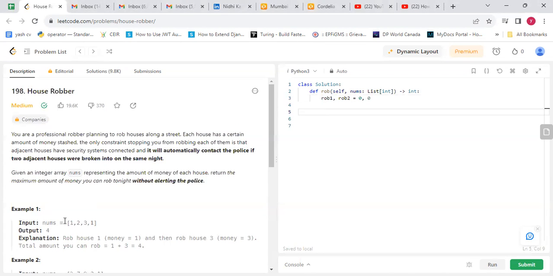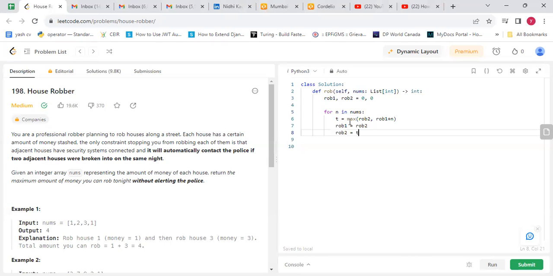Now what we can do, we can iterate over the nums array, and we can see at position 1 what is the maximum amount we can rob. So it will be the maximum of rob2 comma rob1 plus n, right? Because rob1 and rob2 are before. Okay, now rob1 we can update to rob2, and rob2 is equal to this value,